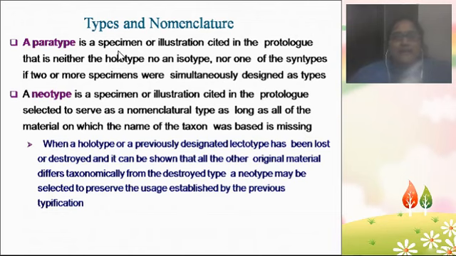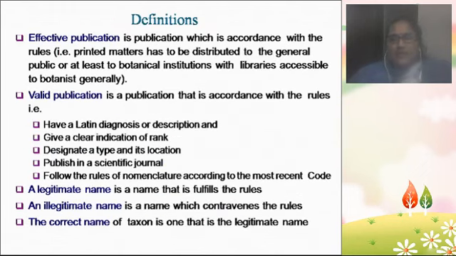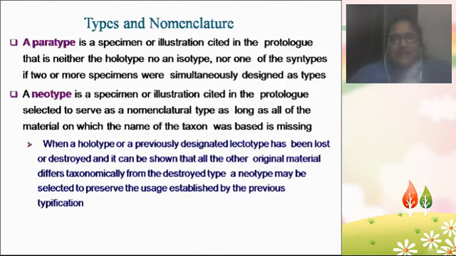Paratype means the description has already been given by the author, and based upon the description another person goes and collects the material and takes that as a nomenclature type. Neotype means if all the types are completely absent, another person goes and collects a new material based upon the author's description in a book, and that is taken as the nomenclature type. That is known as a neotype. These are all the different nomenclature types, and that is a very important 5 marks question for you.